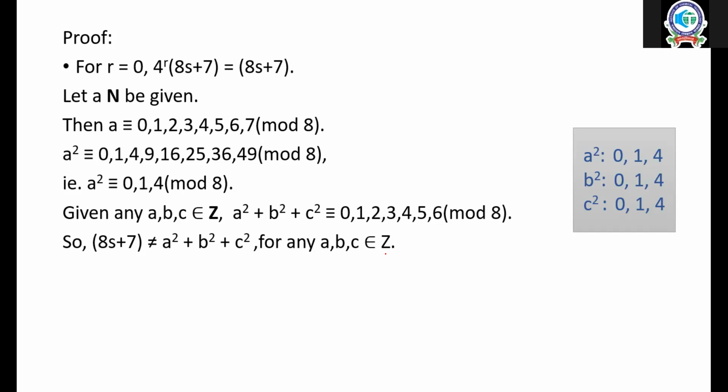She just now proved that any number of the form 8k plus 7 cannot be written as a sum of 3 squares. So obviously it cannot be written as a sum of 2 squares also, and of course it is not a square number. So all these numbers require at least 4 squares to represent, right? So Diva, is it clear to you this part up to here?